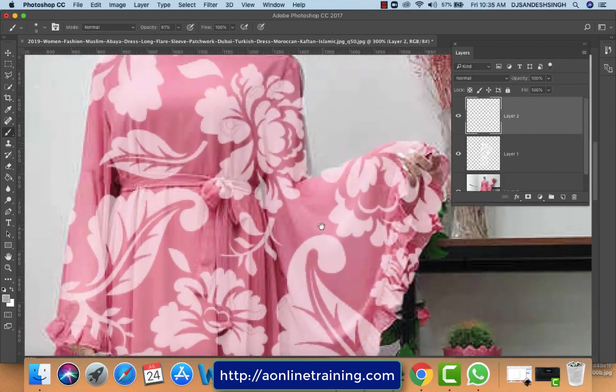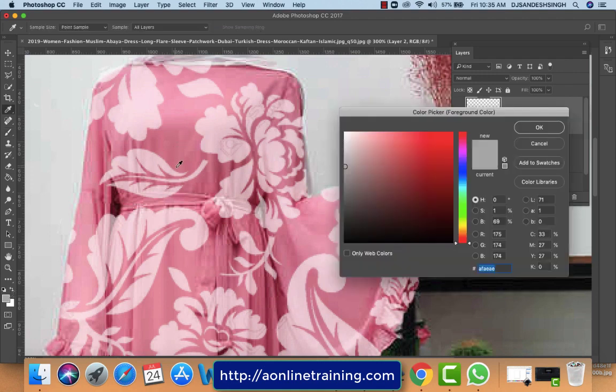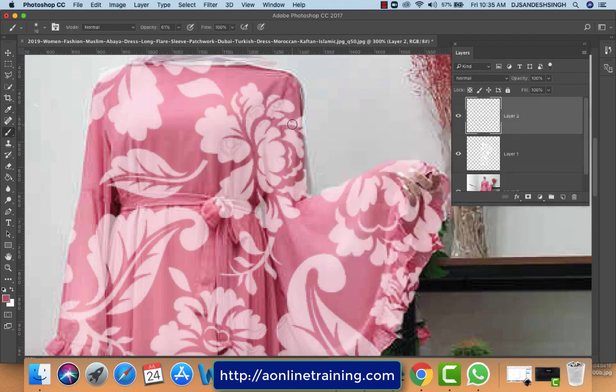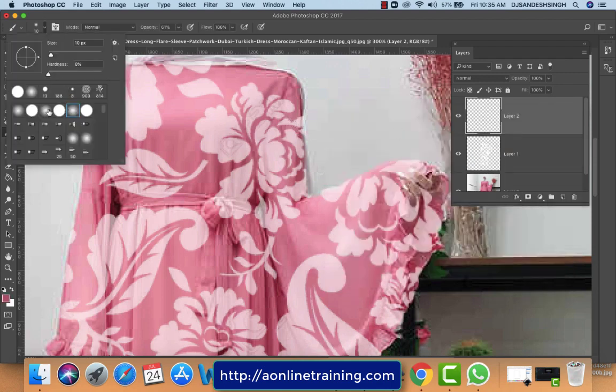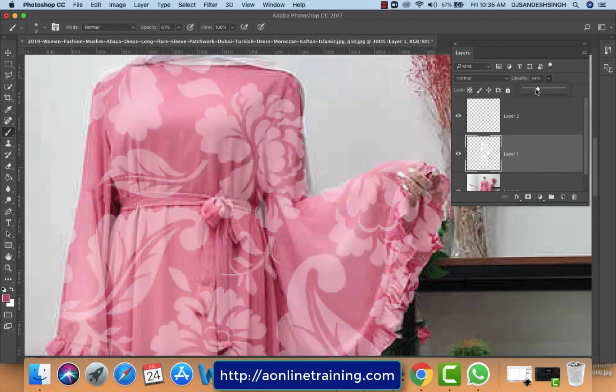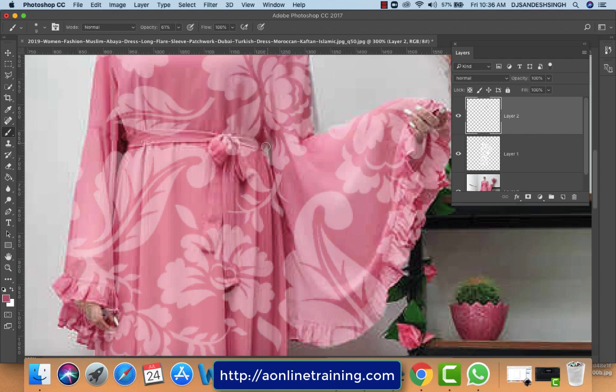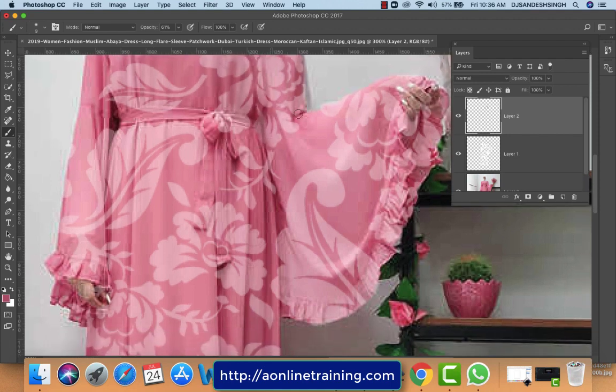After completing the erasing of the unwanted texture which is not on the fabric, now I'm going to take a dark color on a new layer so I can give depth. I select the brush and paint on the new layer so I can give depth to this texture on the fabric. It should not look like a plain texture put on like that, so we want another layer of shades like this. I'm just doing that.